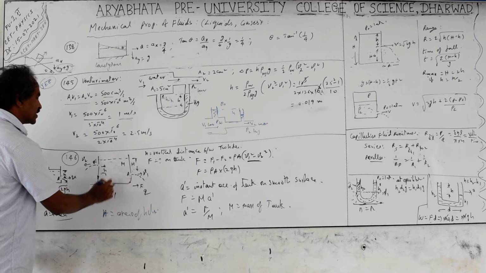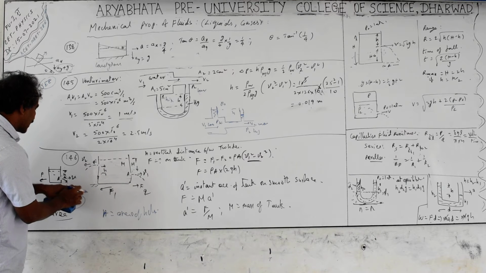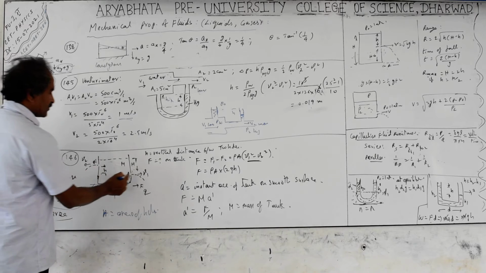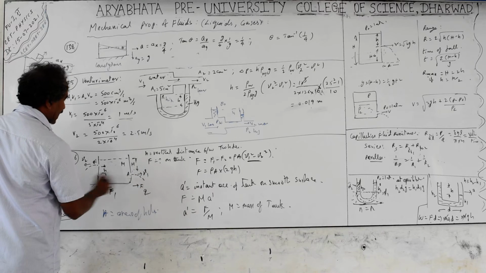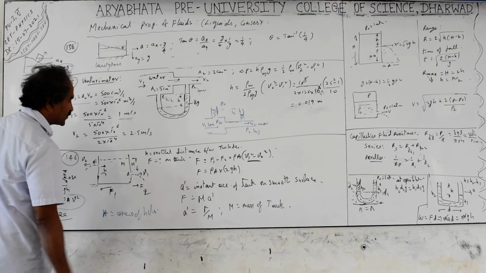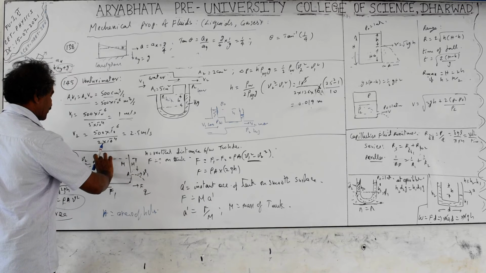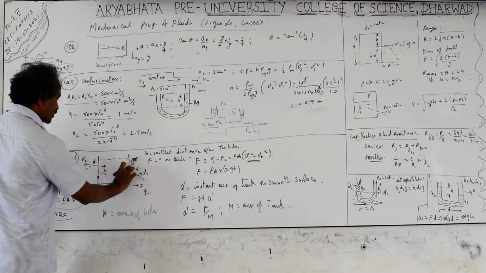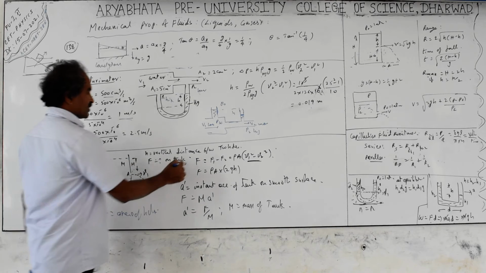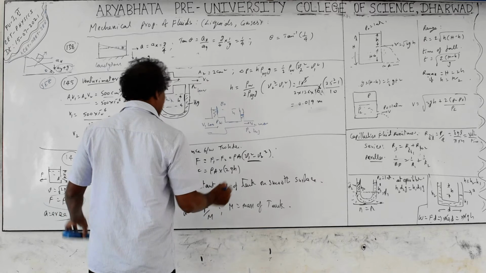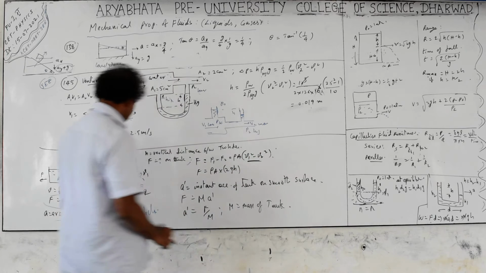And if you have two holes, whenever the fluid flows out on the right side, a reaction force will act in the opposite direction on the tank. Here two side holes are there, so the velocities will be in opposite directions. So you need to calculate the resultant force. Because of these two heights, finally you will get the difference of the two holes only. F is equal to rho A into V1 square minus V2 square.